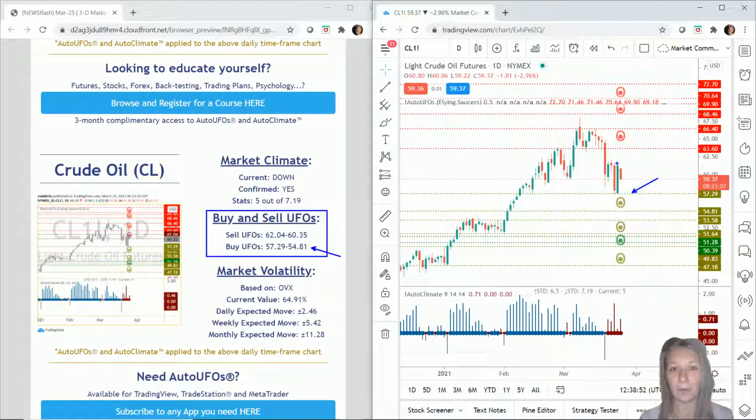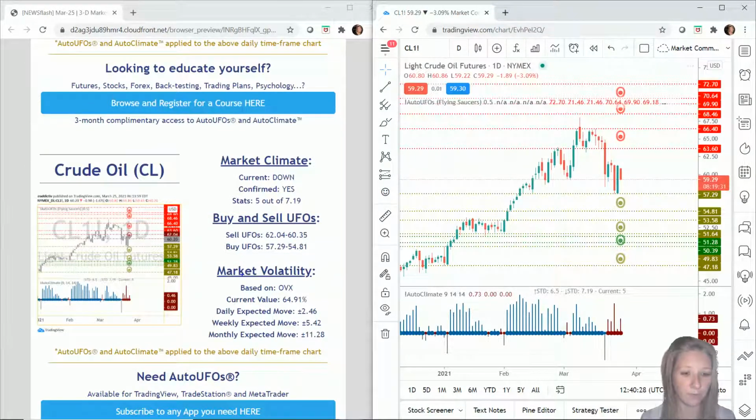Even though the buy orders have already been touched and reacted to, the app is picking up that there are still enough buy orders there. So overall with crude oil, we're kind of in the middle. Well, I guess we're here. So we're closer, I guess, to buy orders. But again, we have more probability to the downside based on climate, with a little bit of room before it hits the buy orders again to come down. So I would say overall probability to the downside, but bear in mind, you do have buy orders close by.